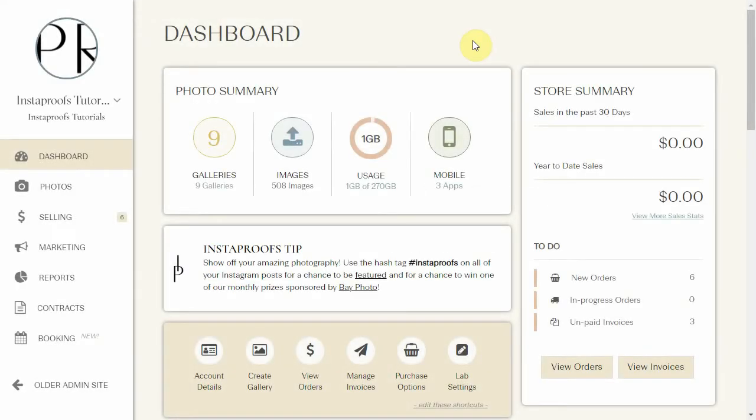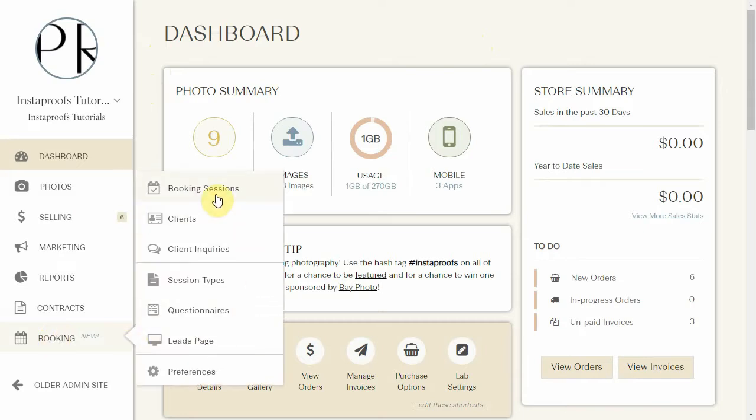Hey there, today I'm going to show you how to create your first session within the bookings area of your Instaproofs account. So to get started, we'll go down to bookings, and then there are a whole bunch of different pages here, but we're going to jump right into the session types since that's the quickest way to set up